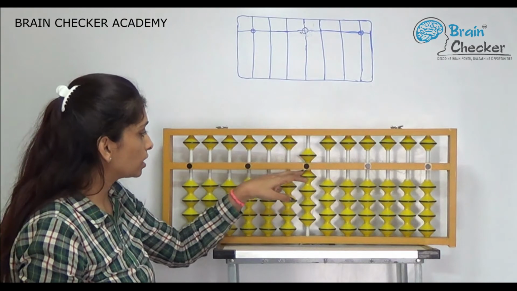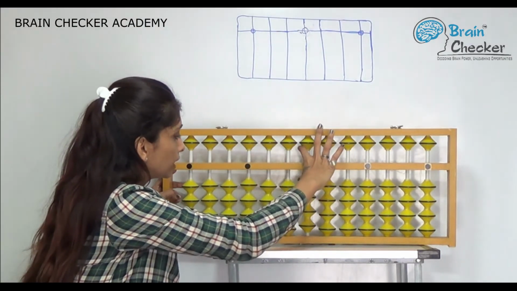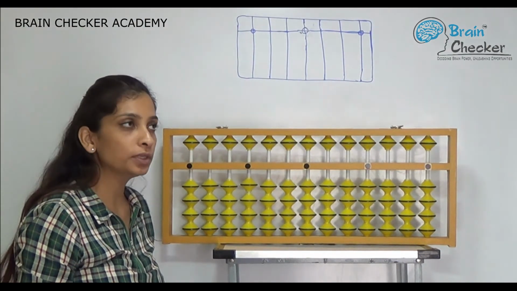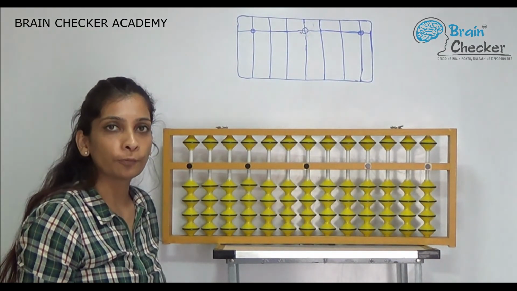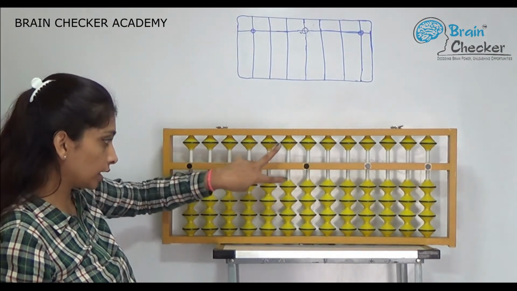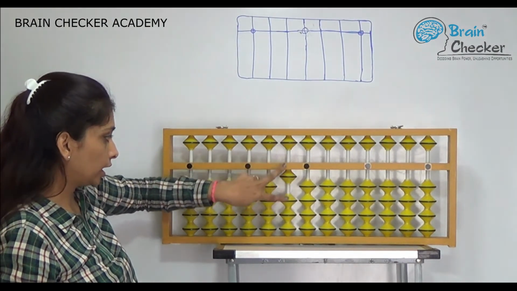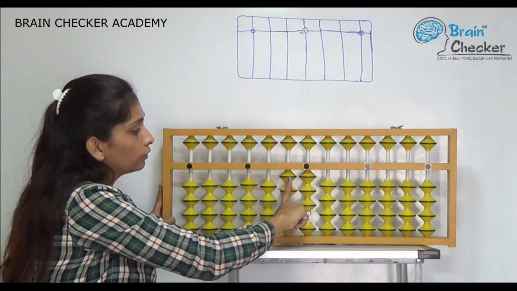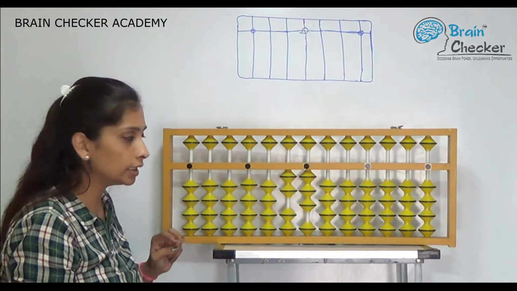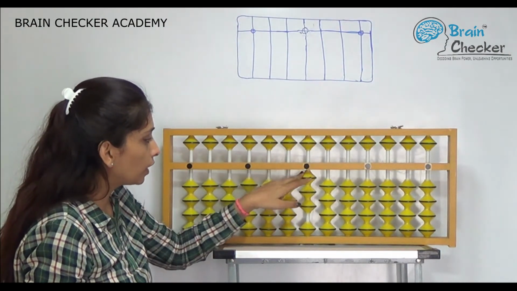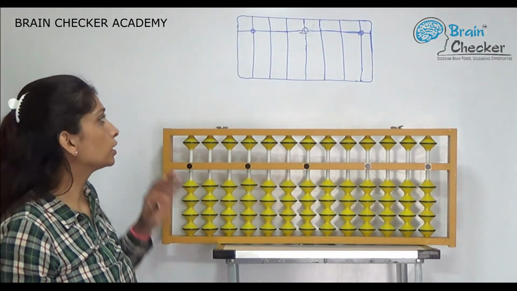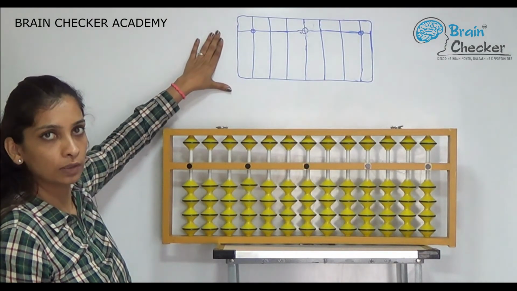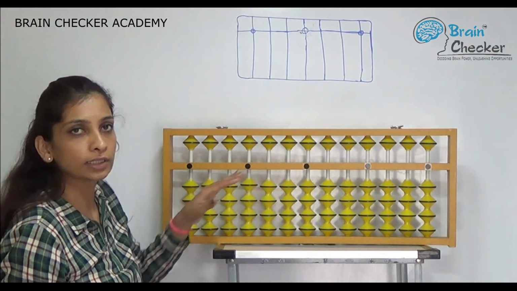Let's do some more exercises or examples related to this. Now if I say show me the number 23, how will you show it? Again with the help of the left hand, 10, 20, and 3 on the unit rod. So the number 23 we can see here. In the same way you have to draw the numbers on the paper abacus. Now why are we doing this? This is for our own practice, because every time you cannot use this.